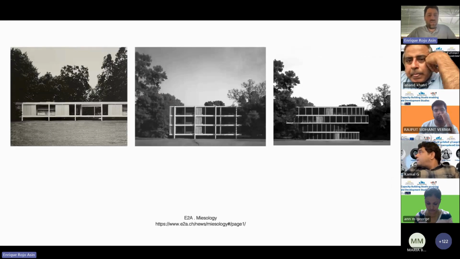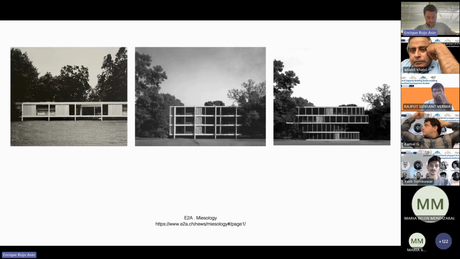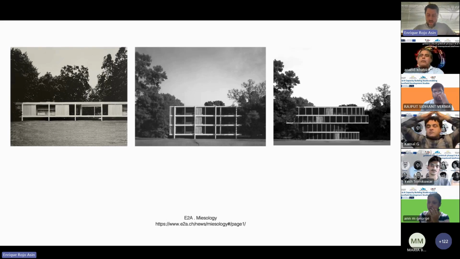Or in this case, this kind of image is called museology, which you can find on the web. So it's also a kind of collage.